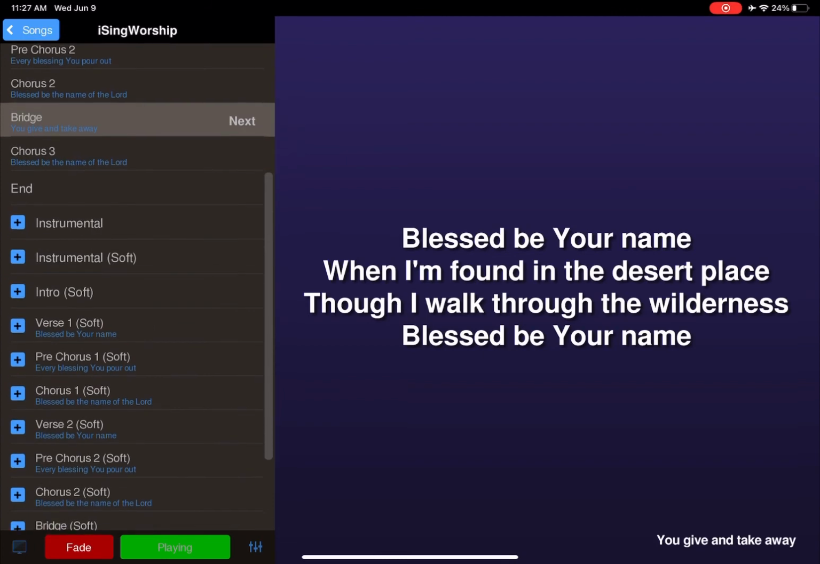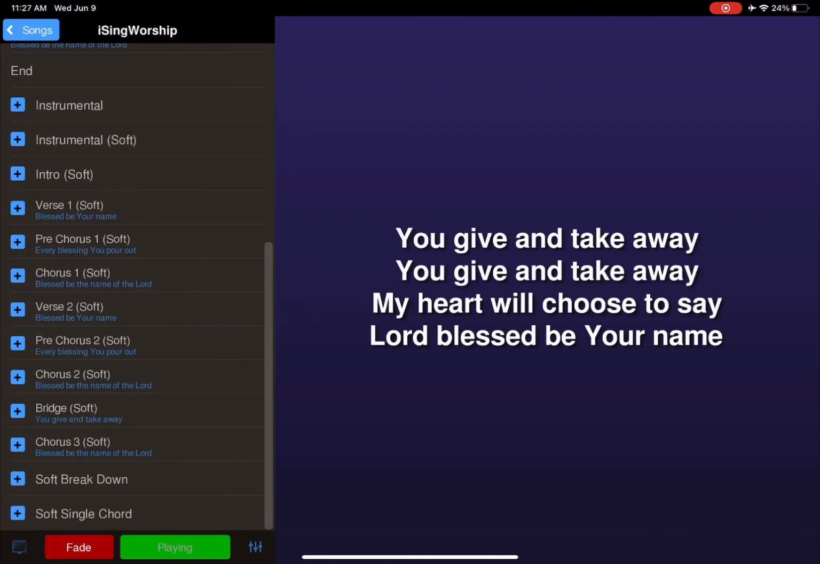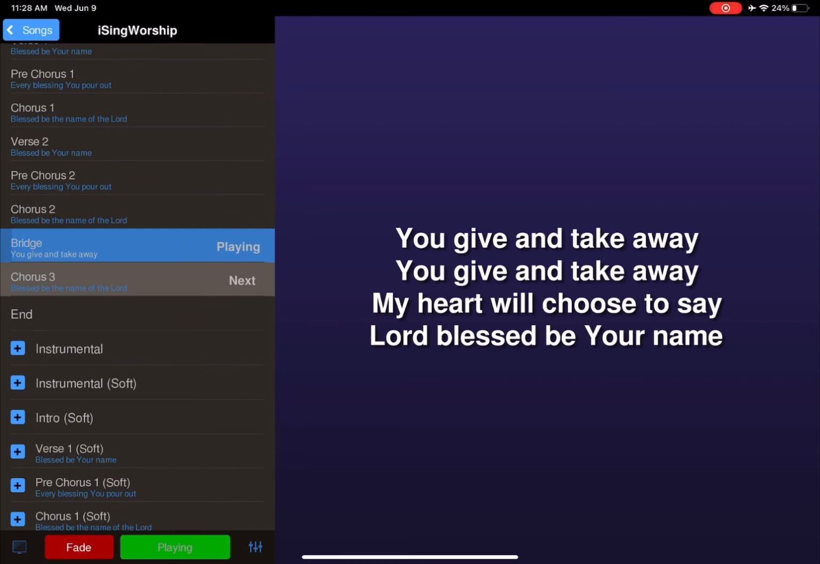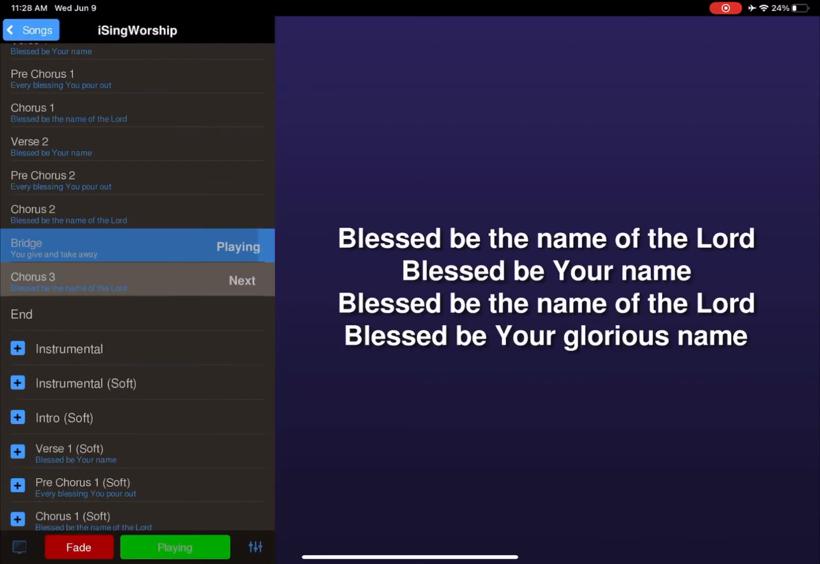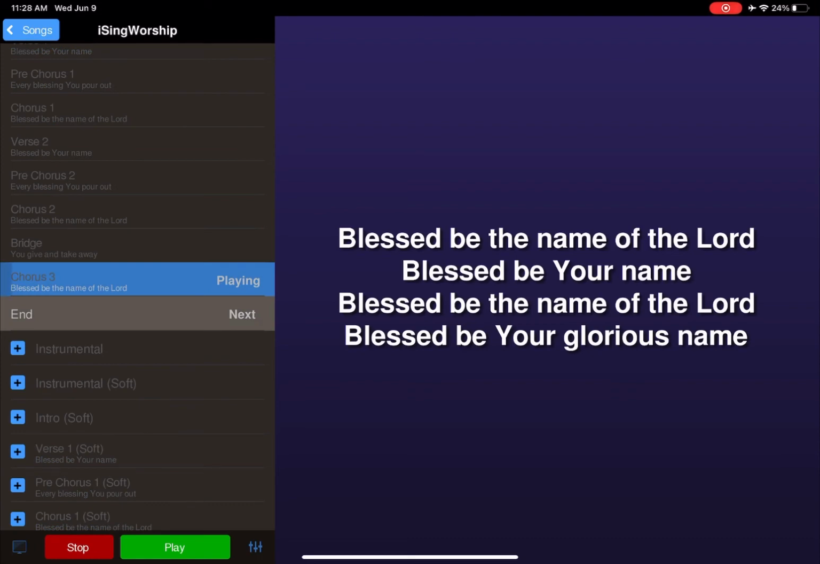And you notice down here you have other options, so you can do instrumental, soft chorus, soft breakdown, single chords. Now what you can mix is you can turn the tracks on and off. So you just got acoustic guitar and vocals. So you can turn the guitar, acoustic guitar off. You can turn the volume of the singer up and down. Fade it out